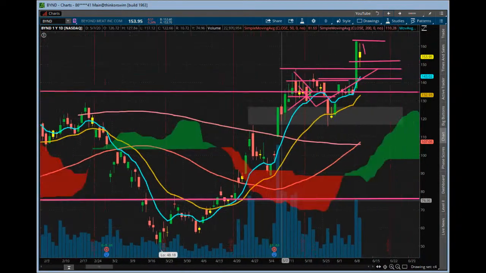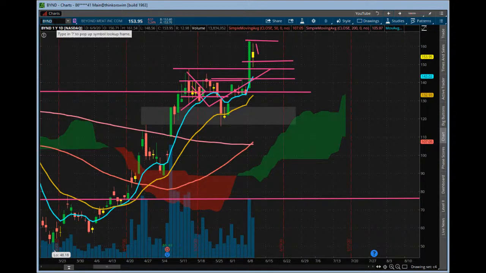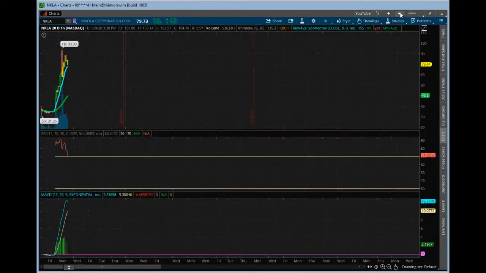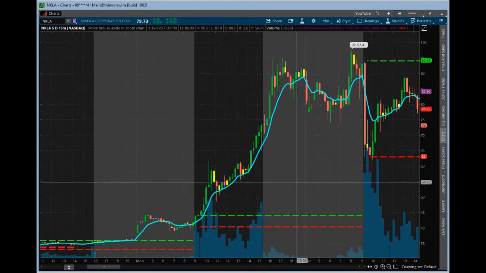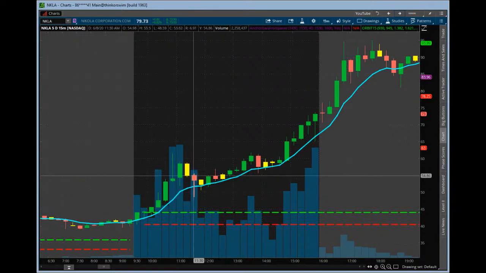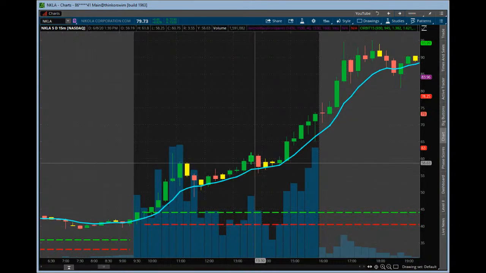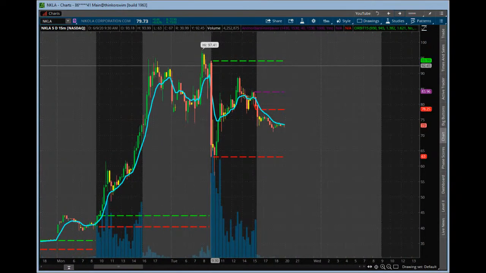And this not only happens on the daily chart, but it also happens on the intraday, right? We saw this happen a lot recently. What do we see? NKLA, right? This is Nikola. This is a big one that happened recently, right? So we see this volume starting to come in incrementally, like this huge, rising volume, higher, right? So there's a big push right there, then it consolidated a little bit and then gave you a huge move up. This doesn't look like a big move, but it's from $50 to $73, and then you got that follow through into the next day and to today, a good place to take profit at the open.